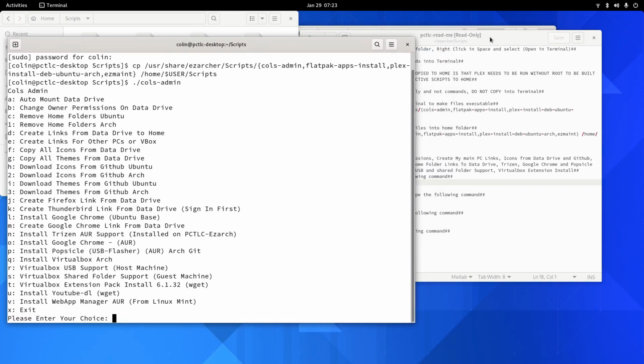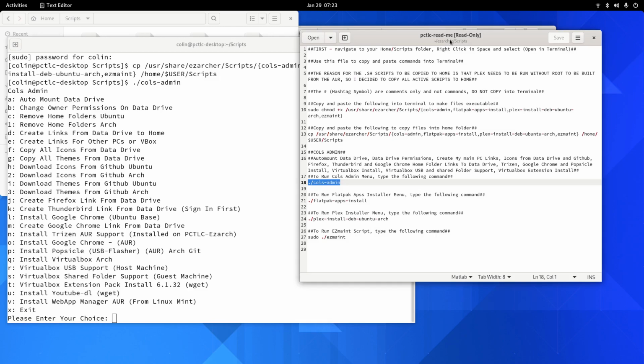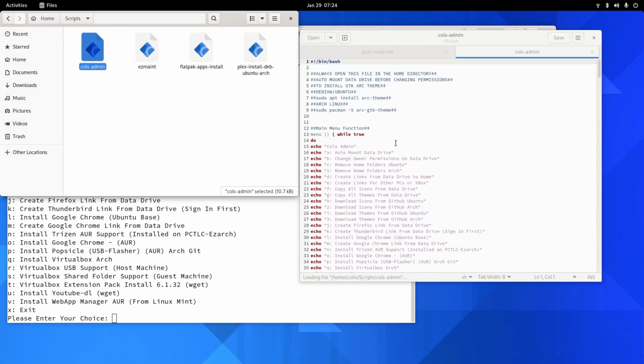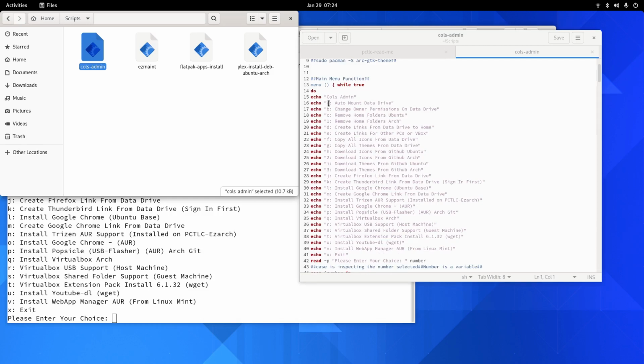You guys watching this video are going to share this first time experience with me, because I've set up all of these: auto mount data drive. I haven't tried this on this main system. I've only tried it out in Virtualbox. So if we have a look at this Coles admin, some of these ones are personal to me. The auto mount, change the owner permissions on the data drive, remove the home folders. That's in Ubuntu. Remove home folders in Arch, because they're slightly different